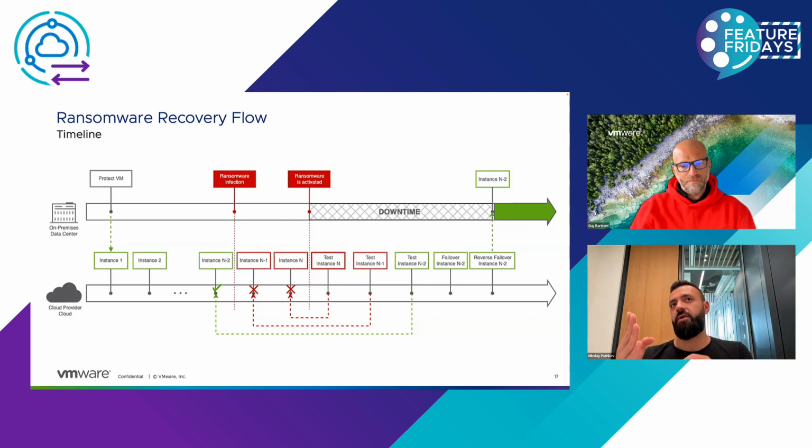We start with the latest instance. We see that it's infected. We go with the next, until we find some instance that is not infected. In this example, it's N-2. We fail it over after the test is performed. We fail it over, which means the downtime can end if the tenant can operate and can use it in